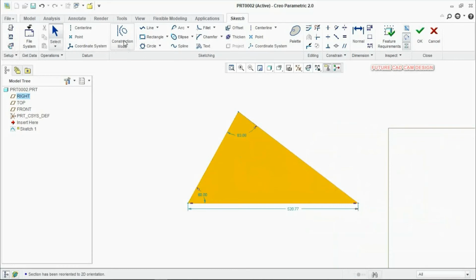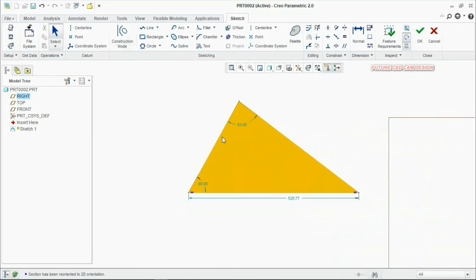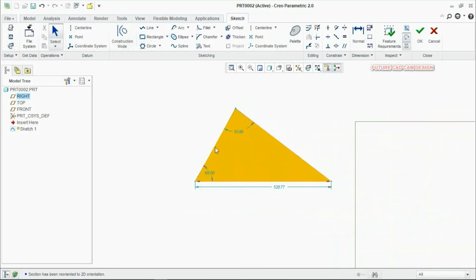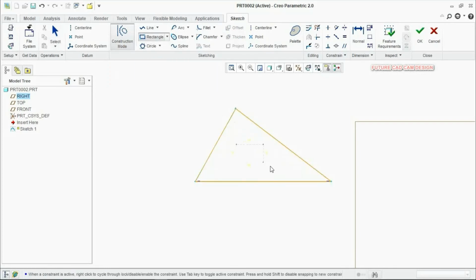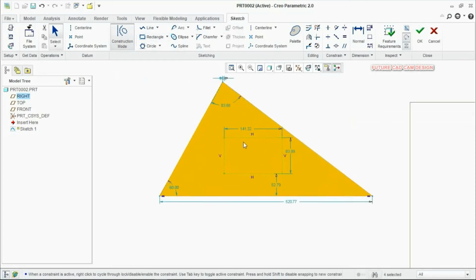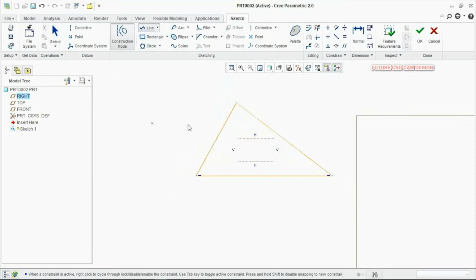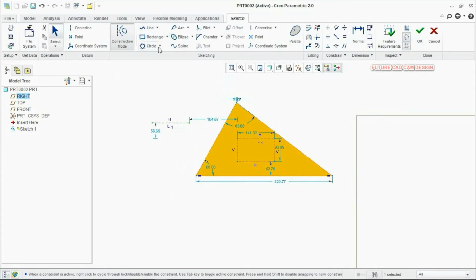Okay. And then here one more thing, you can see the construction mode. Construction mode means just a reference. For example, if I need to create a reference triangle or rectangle here, just switch on the construction mode, and whatever sketches you are now creating will be only a reference. See, I am creating a line, only a reference line will be created.